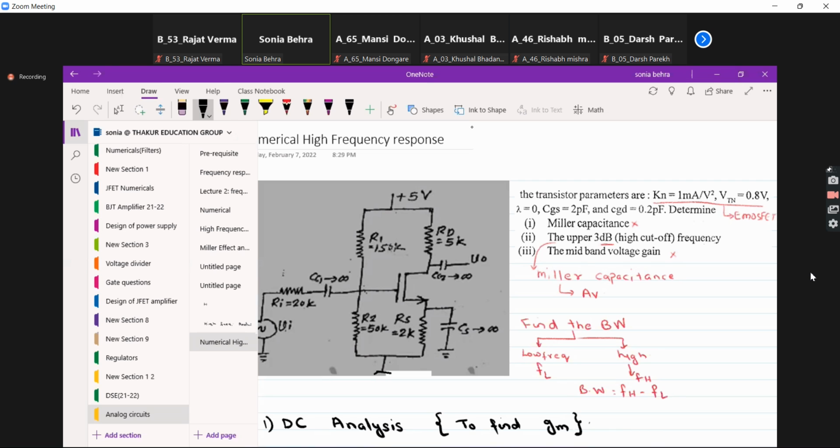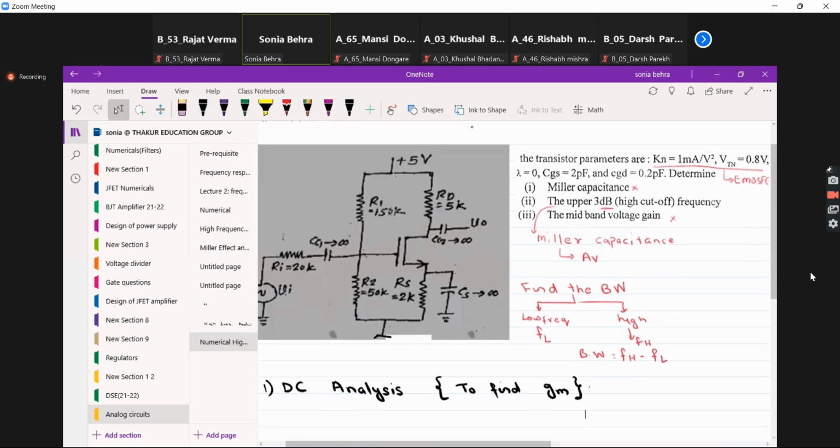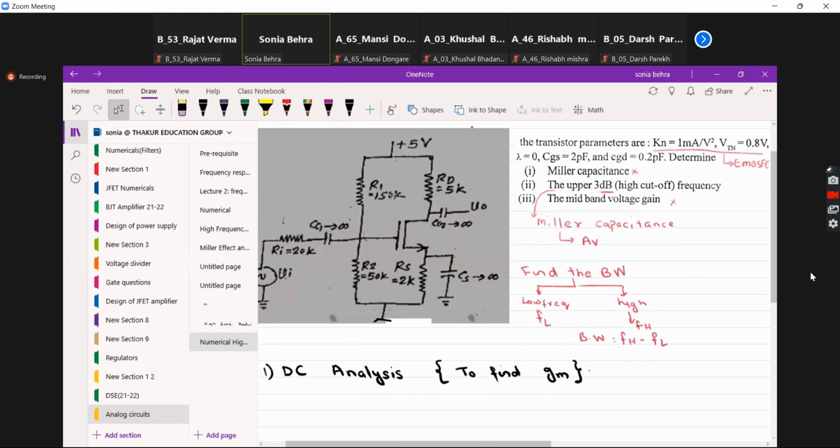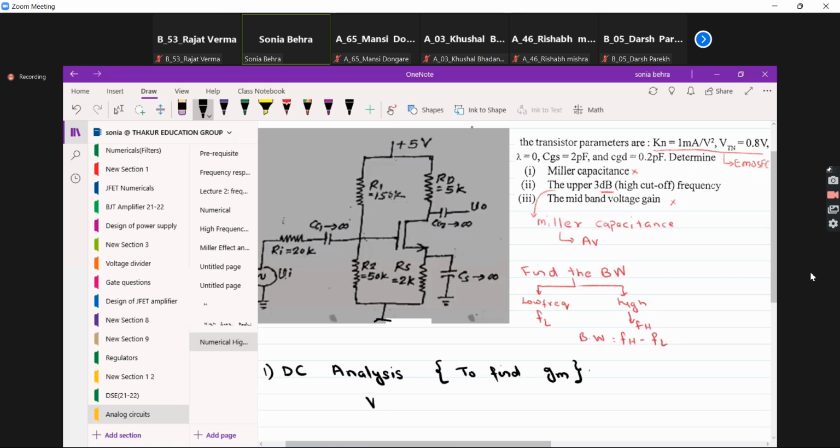Now in this numerical GM is not given, so I will have to do the DC analysis. So I will first start with my DC analysis. For DC analysis, we will first find out the value of VG. VG is given as R2 upon R1 plus R2 into VDD. So in this case R2 is 50K